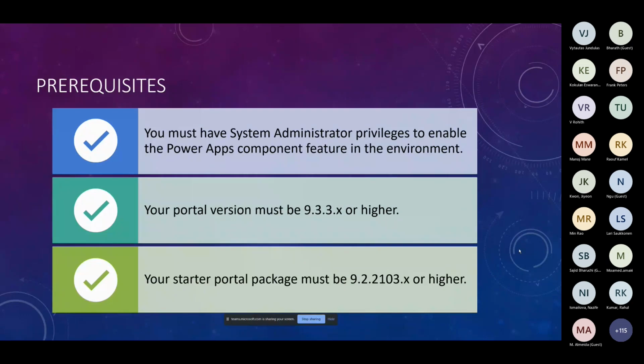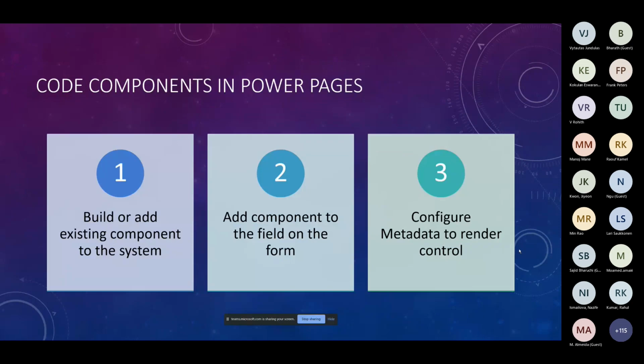Now, if you've got all of these checkboxes, let's see how you can add a code component to a Power Page. If you've added a code component to your regular model-driven page, you know that you need to have an existing component and add it to the system by importing the solution that has that code component. Then you need to go to the form and add that component to the field. Again, we will do this all in the demo. This is just a step-by-step